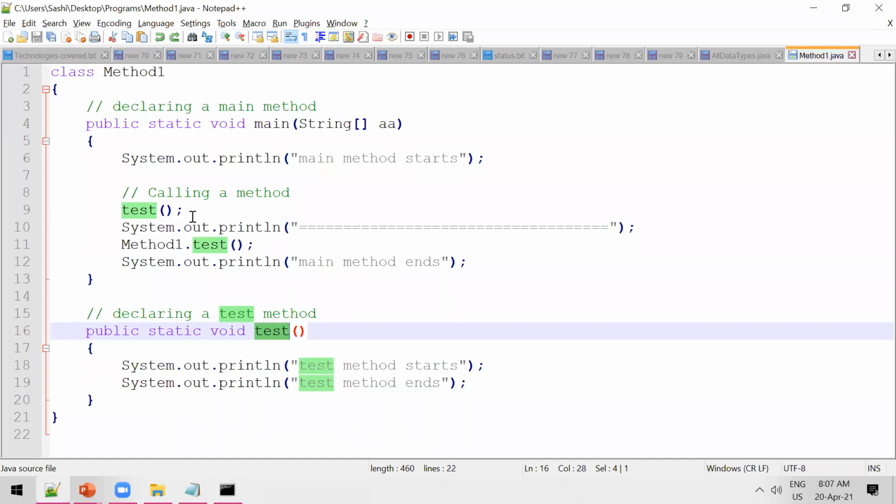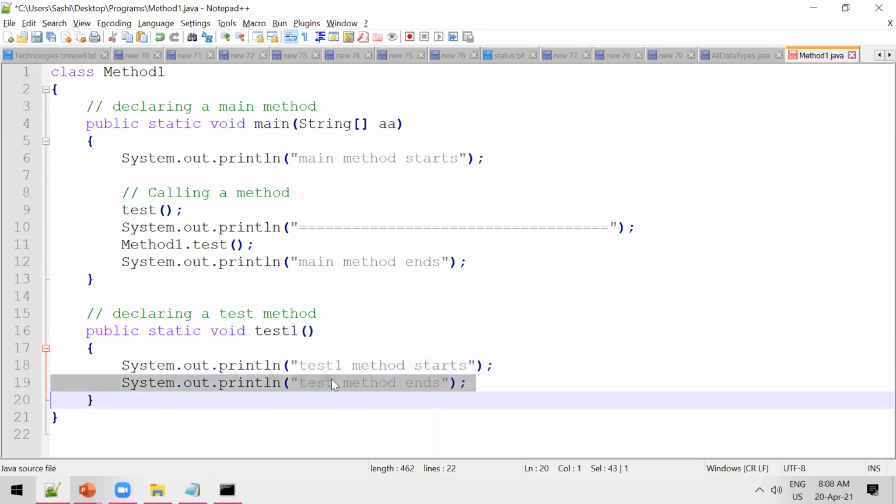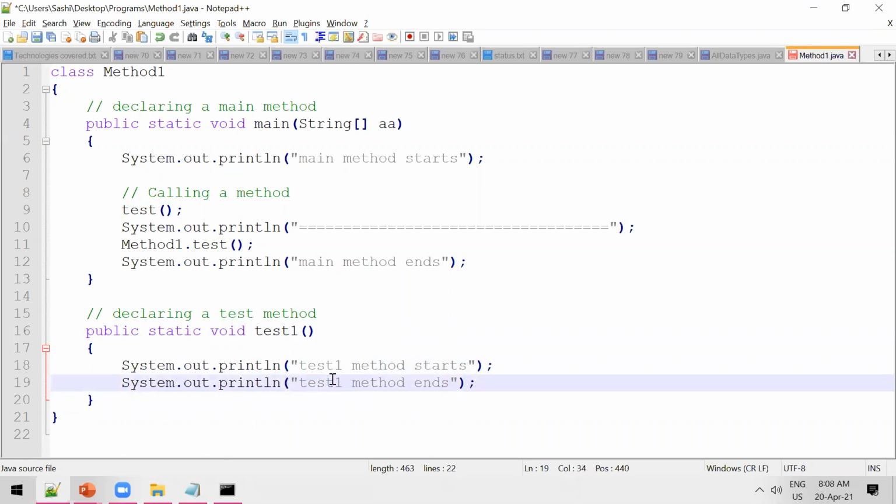right? Now what I'm going to do is modify this same code again. Consider I change this method into test1 method, right? Again, you can create any number of methods inside your Java code.